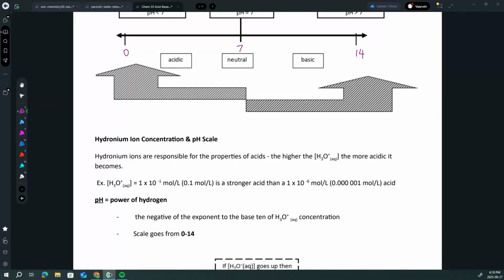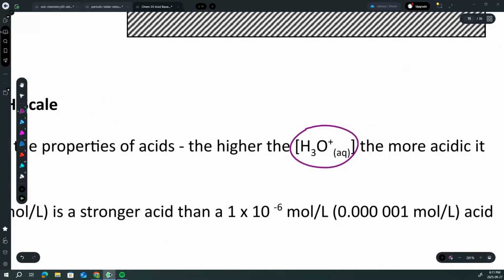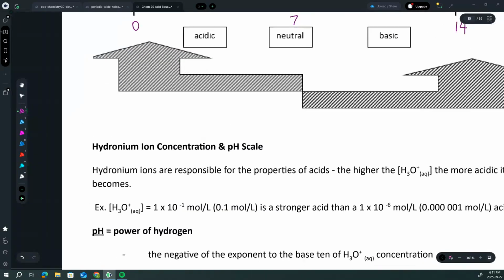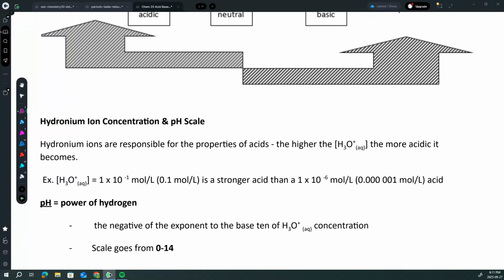Hydronium ions are responsible for the properties of acids. The higher the hydronium ion concentration, that's what this means right here. Anytime you see square brackets, it's talking about the concentration of whatever's inside the square brackets. The higher the concentration of hydronium ions, the more acidic a solution becomes. For example, if we had a hydronium ion concentration equal to 1 times 10 to the -7, which if we weren't writing that in scientific notation, would just be 0.1 mole per liter,